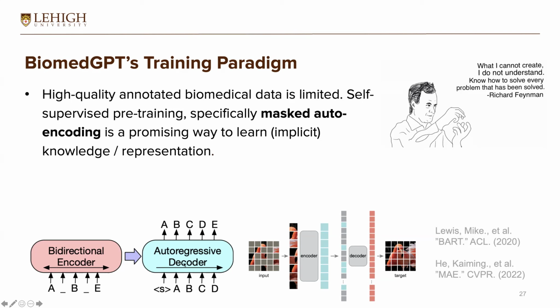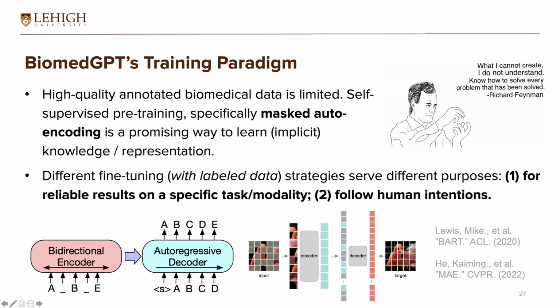This kind of architecture was also very popular in the past. For example, at Google you may have heard of T5, and at Meta you may have heard of BART. Both of them tell you there is an architecture that can use the encoder-decoder transformer for pre-training in the same framework. So we actually use the same pre-training architecture to train on the unlabeled medical data.